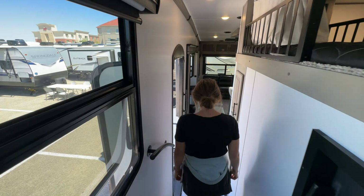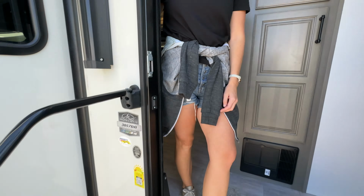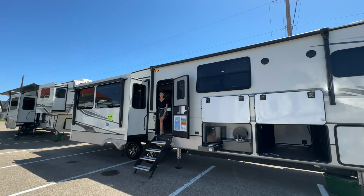Overall, we love the layout of the Montana 3857BR and think it's a great trailer for full-time families or even those